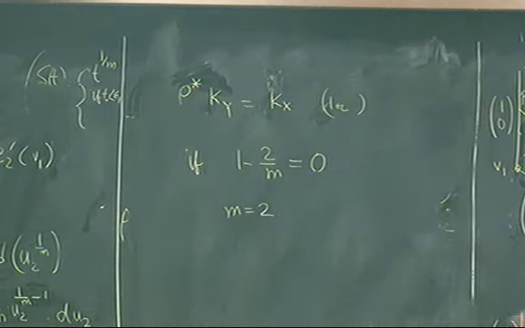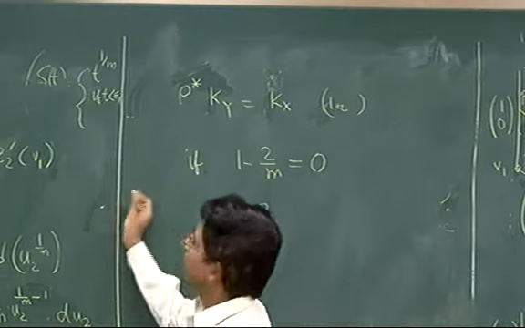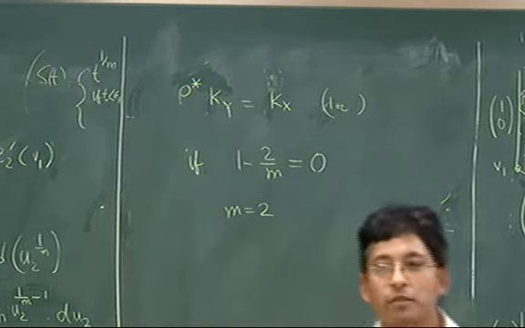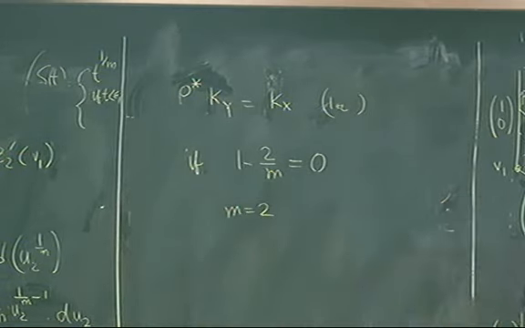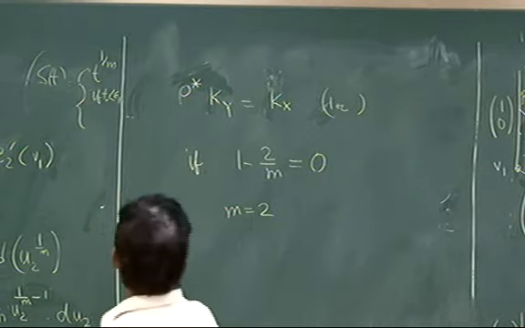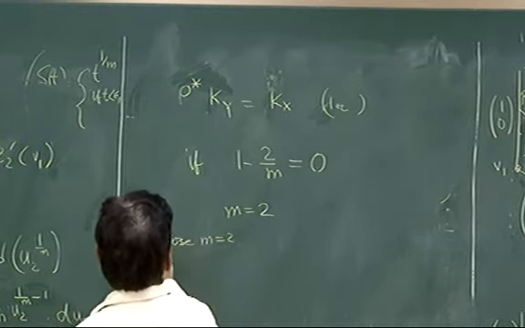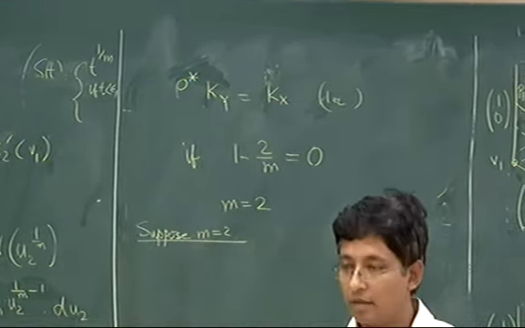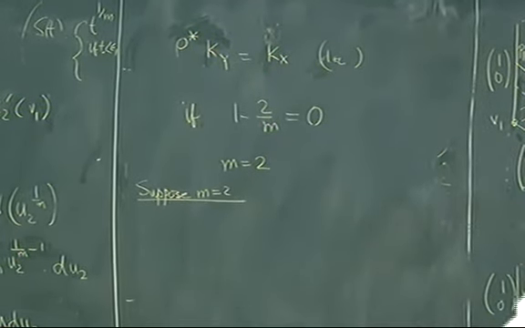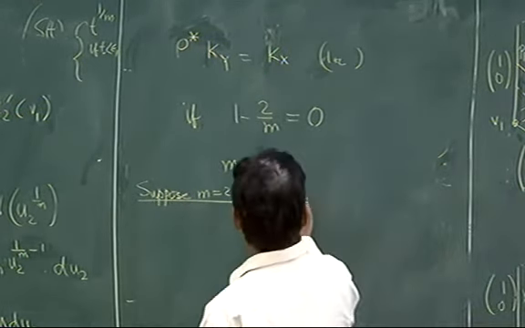Okay? Now if m equal to 2, let us say that the Chandruan cohomology will match. So suppose m equal to 2. Now what we have here is that